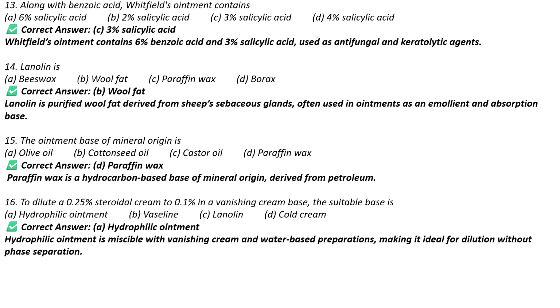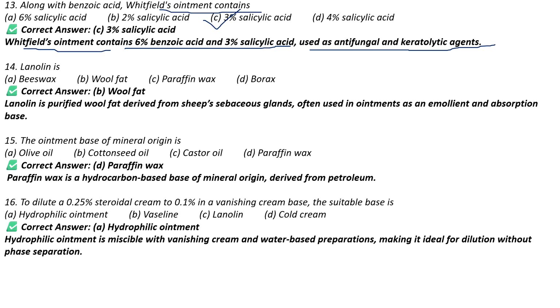So moving on to the next question, along with the benzoic acid, Whitfield ointment contains, and the options are 6% salicylic acid, 2% salicylic acid, 3% salicylic acid या 4% salicylic acid. So जो Whitfield ointment होती है that basically contains 6% benzoic acid and 3% salicylic acid. This concentration you have to remember, and it is used as an antifungal and a keratolytic agent. So we can say option C, that is 3% salicylic acid along with 6% benzoic acid is a composition of